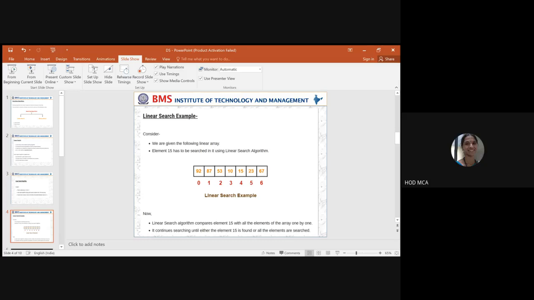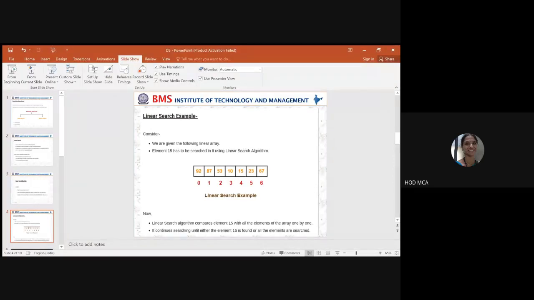What we have to do is start searching. Every element is compared with 15, the item that we have to search. So we compare 15 with 92. It doesn't match, so we move to 87. We compare 15 with 87, then 53, then 10.